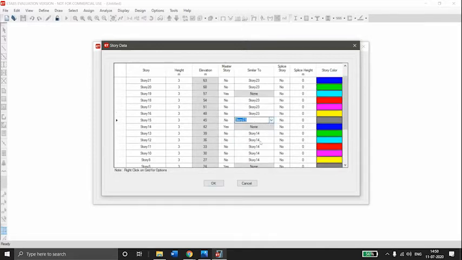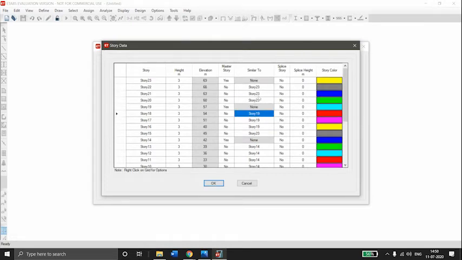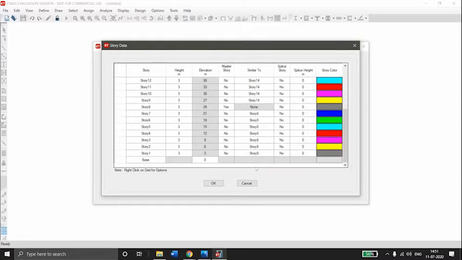Here we select story 19. And here the story 23 is already selected. So all the stories have been set.